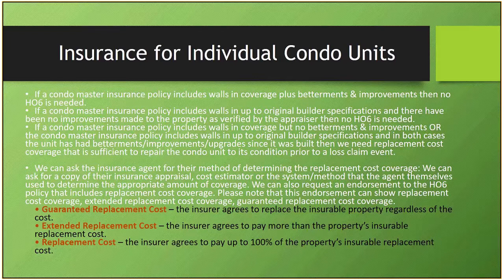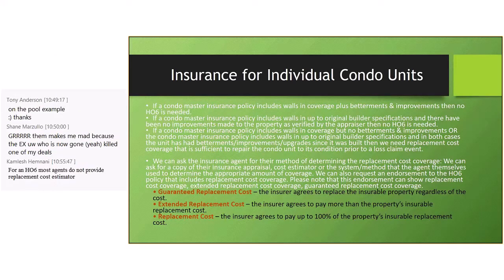Things that are really good to have on your policy: guaranteed replacement cost, extended replacement cost, and just the replacement cost coverage endorsement. Guaranteed replacement cost, the insurer agrees to replace the insurable property regardless of the cost, whether that's your typical homeowner's policy or an HO6. That is the best you can have, and no one should question your coverage when you have that endorsement to your policy. Extended replacement cost coverage, the insurer agrees to pay more than the property's insurable replacement cost. That's also good. And then of course the replacement cost coverage, just having 100% of the property's replacement taken care of. So those are things to look out for, and you can use those